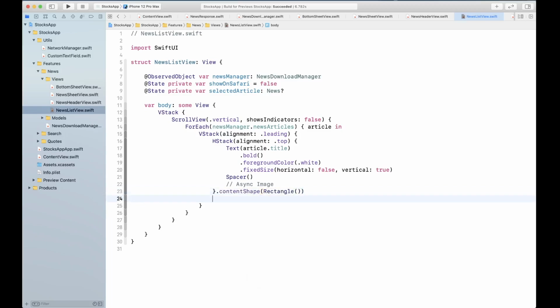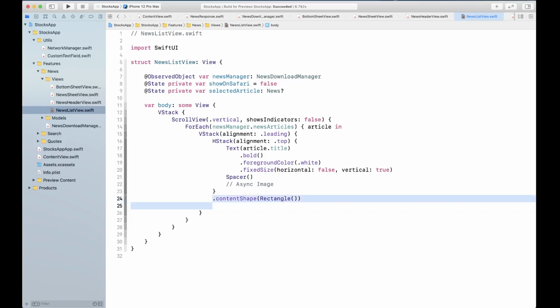The reason we are doing that is so our entire cell can be tappable. If you don't do this part right here, then only the part which has some content is tappable, which creates an issue if, let's say, your image is big and the news article title has a lot of empty space at the bottom, and if the user taps on that empty space, nothing is going to happen.